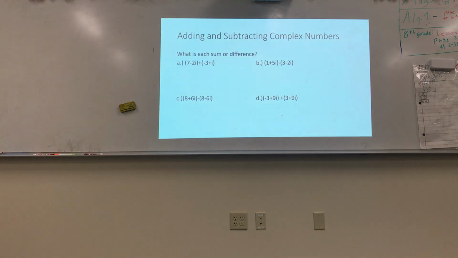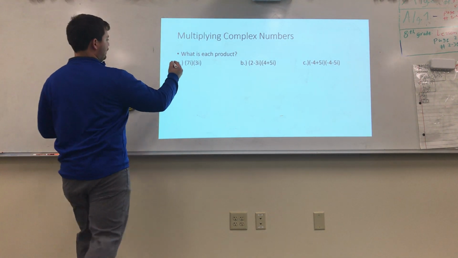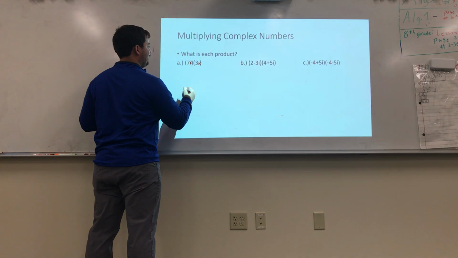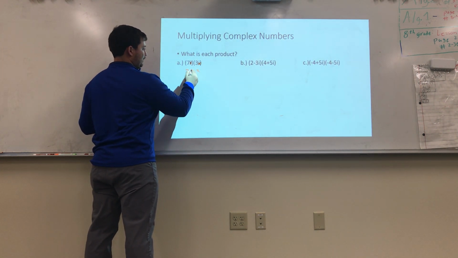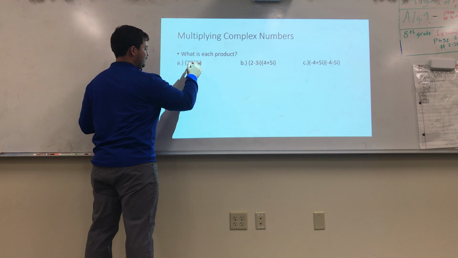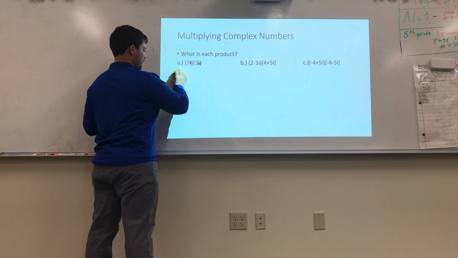Alright, we did adding, we've done subtracting with imaginary numbers, now we're going to multiply. Now, once again, treat this like x's. This is x and this is x. I'm going to get 21x to the second, right? Because I multiply my coefficients, then I multiply my exponents, so I get x to the second. Because you add the exponents when you multiply